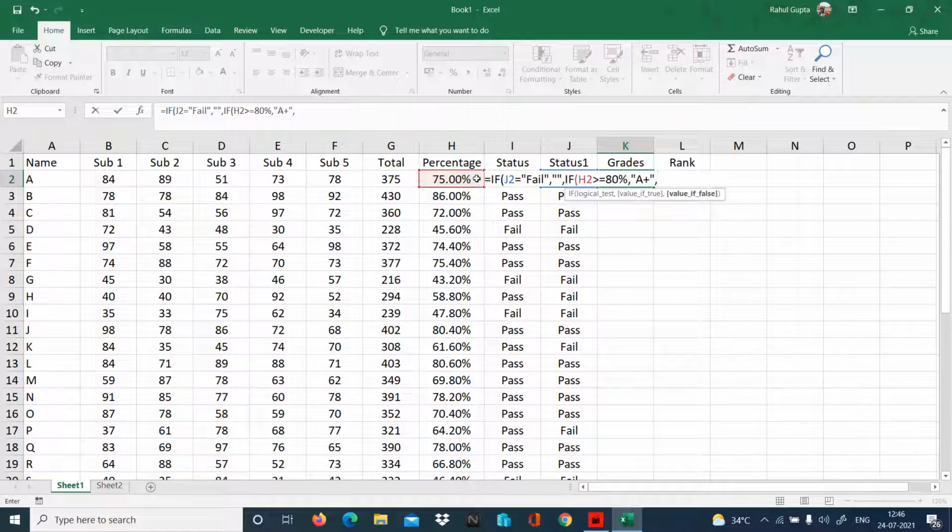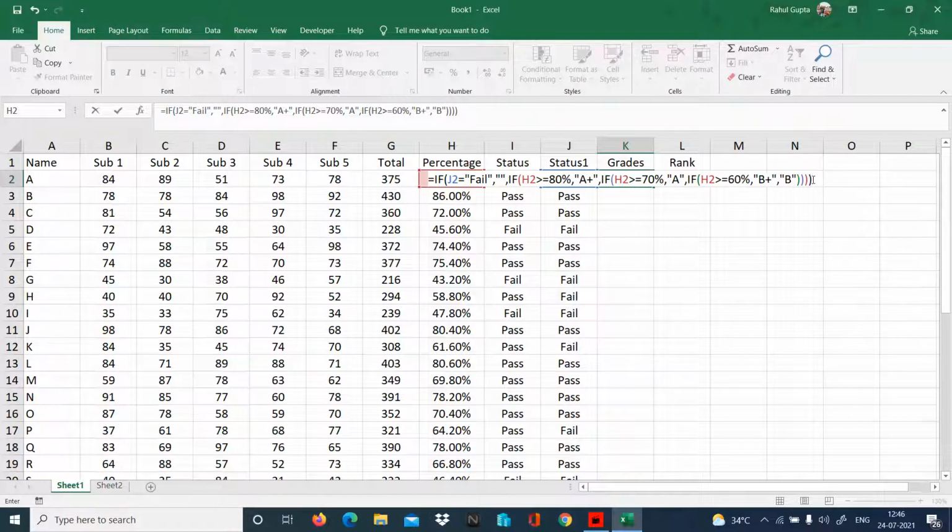If not, then again check if this is greater than or equal to 70%, give me A. If not, again check if this is greater than or equal to 60%, give me B plus, and below that I know all of them are B. So let's close the brackets, whatever we have. A cheat code is there that the last bracket will always be a black bracket. So you can see the last is always a black bracket. It means all the brackets have been closed.